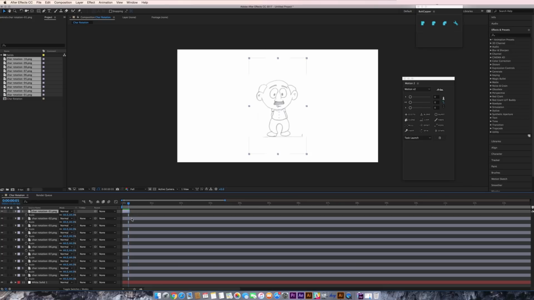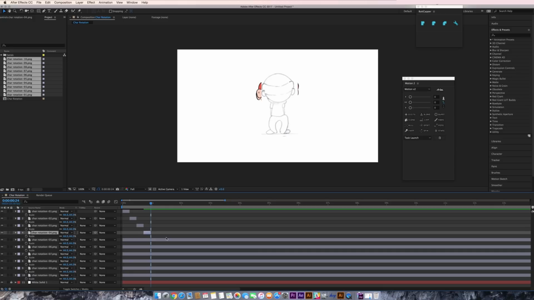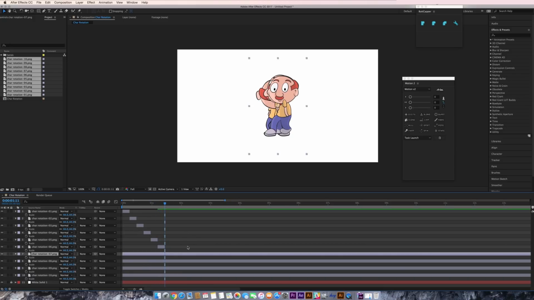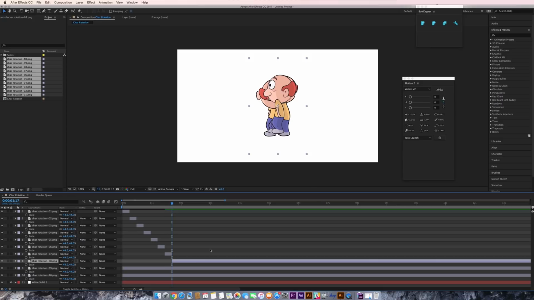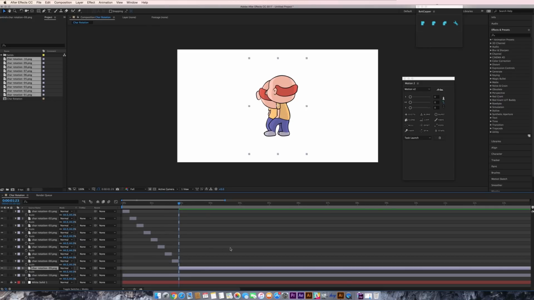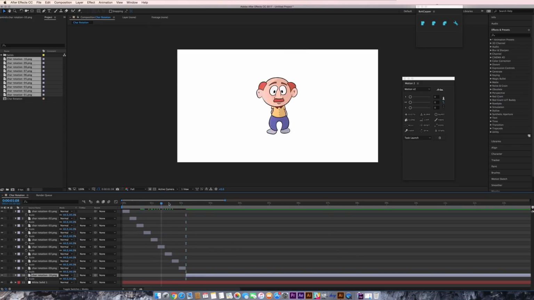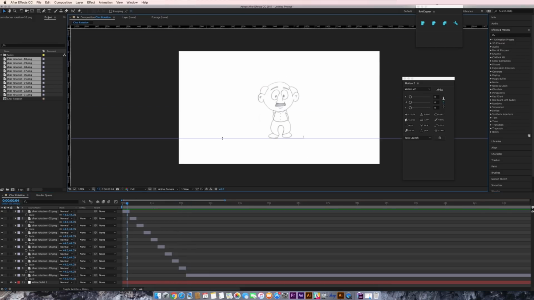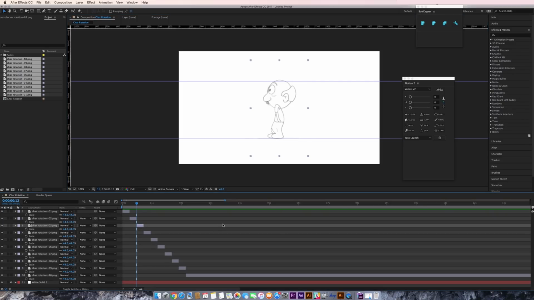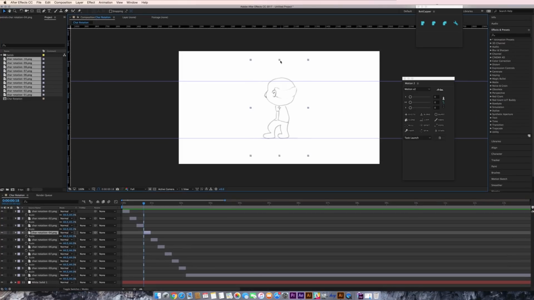Arrange all of them in a sequence and also see that all of them align with each other. I'm using the page up and page down keys to move the cursor 1 frame at a time. See if all the images are exactly aligned, or else we can just resize the image as required. For this I'm keeping the guidelines as reference and seeing if all the heights are the same and if all of them are aligned to each other. Let's scale them down to align with the previous character.